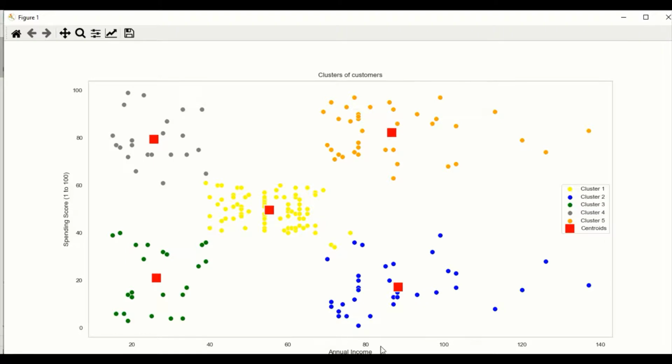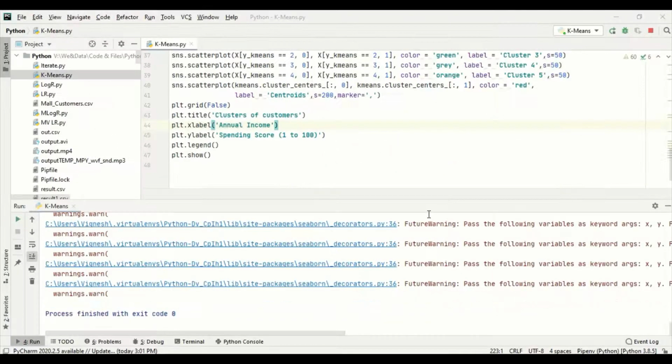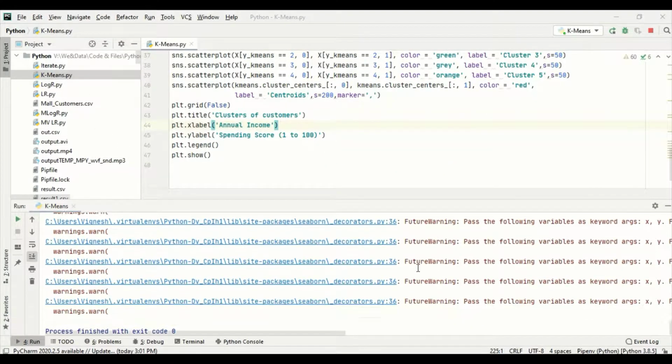From the centroid, points up to a certain limit will be under that centroid. This is the centroid under cluster 5, and this is cluster 1. Points within a certain limit from the centroid will lay under cluster 1, and this is the same for green, and this is the gray one as cluster 4. Okay, this is clusters. That's it.